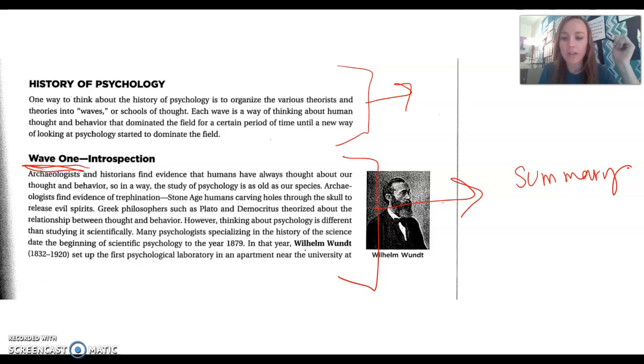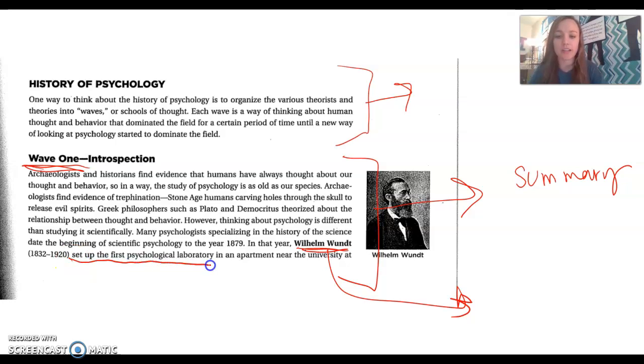Another thing I'd like you to look for is, of course, if you see a bold word, like you can see Wilhelm Wundt right here is a bold word, that matches the key terms at the top of the page. Those are things that you have to know. On your vocabulary fill in the blank practice test, those are all repeated. So it would be a good idea to make note of each person or each term that is bolded. You don't have to be redundant and rewrite what is already said in the paragraph, but you should maybe take a highlighter and note what that person did. So Wilhelm Wundt set up the first psychological laboratory.